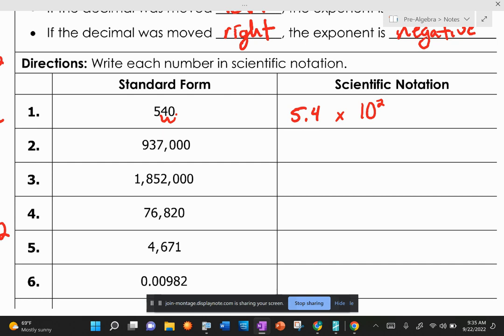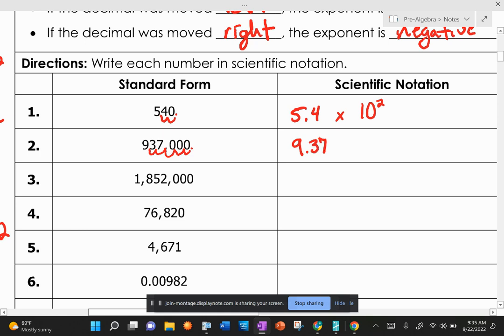937,000. Okay, decimal is back here. How many times do we need to move it? So on the bigger numbers, you'll be making it smaller. On the really small numbers, which we'll get to in a second, you'll be moving it the other way. So we'll move this one 5. 1, 2, 3, 4, 5. So that's going to be